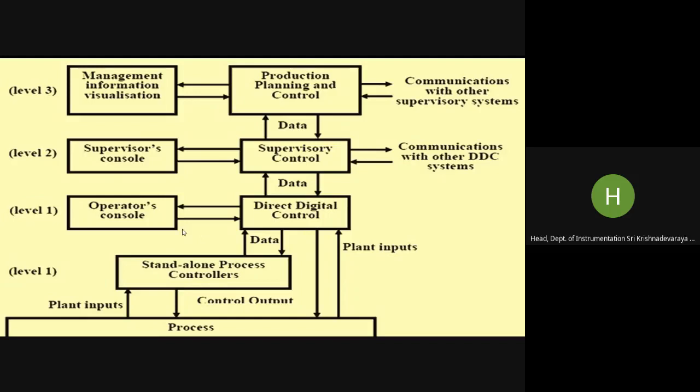Okay. So the direct digital controller is basically taking in the data from individual controllers and again giving back the data. And this data will be in terms of the set points, considering what is the set point for a particular thing. That's how the data will be flowing in and out from the standalone process controllers at the